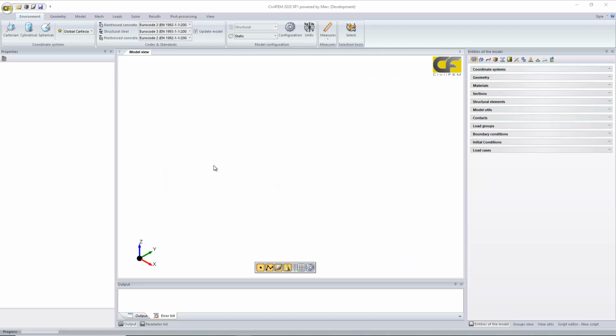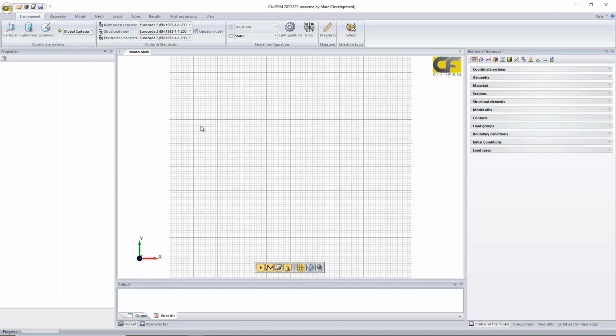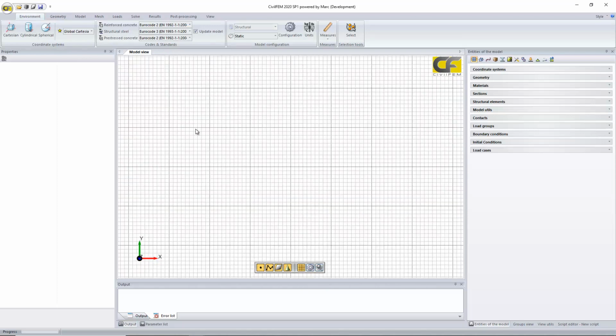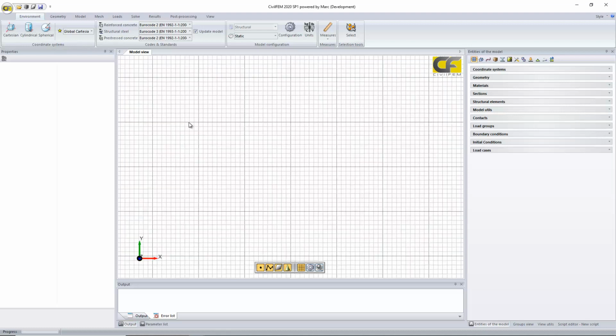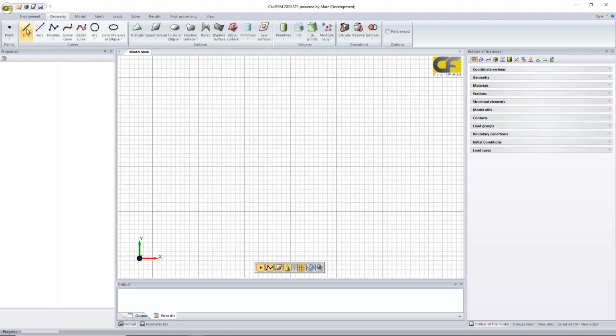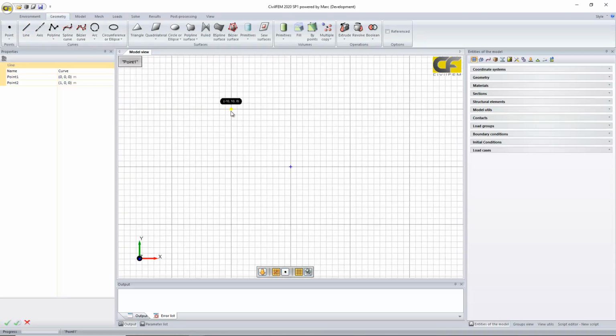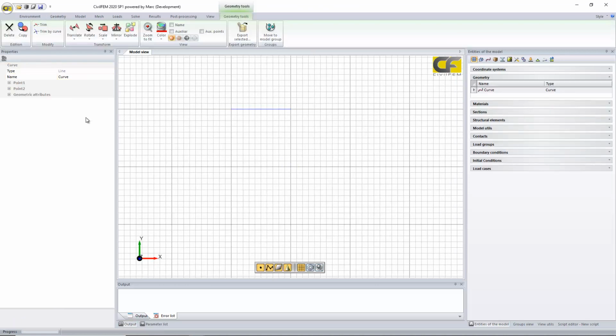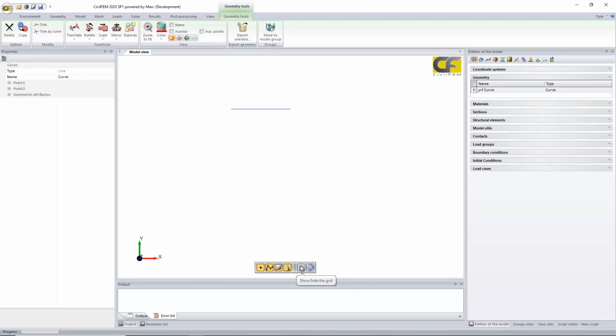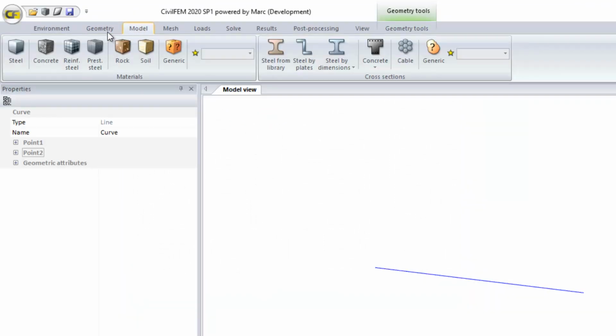If we open the software, I will show you some examples of meshing. We'll start with a simple example, just beams. We'll create some linear elements. So we start with just simple geometry, a line. So we see how to mesh a line. Here we have our line. We create our